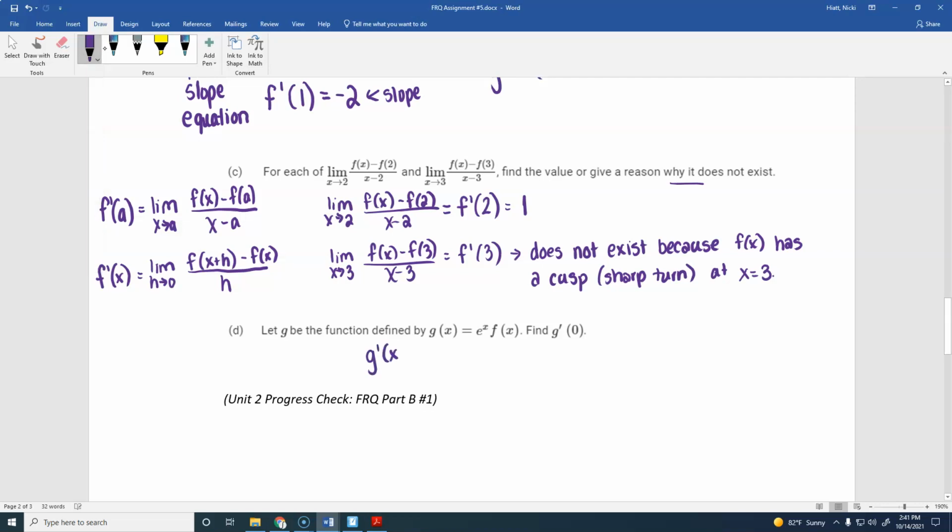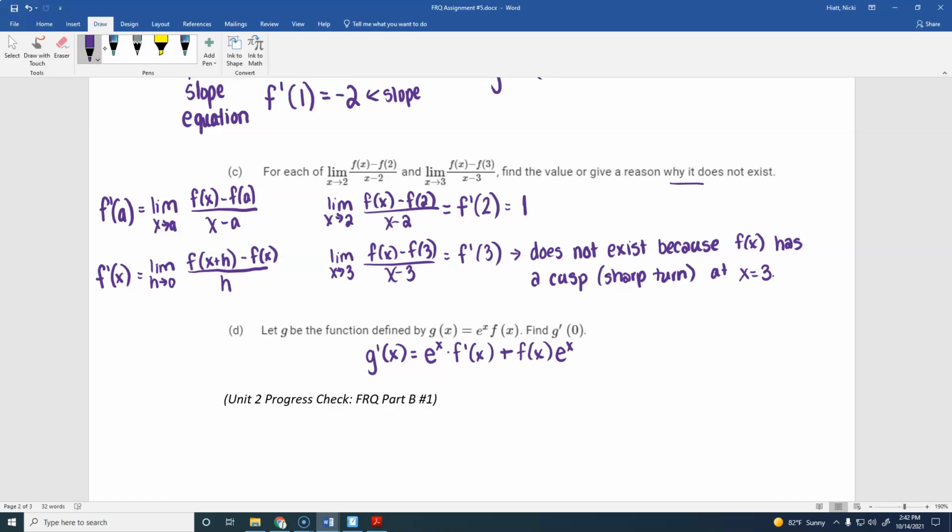All right. D, derivative. What have we got to use? Product rule. You must use a product rule here. Anytime it wants a derivative, and you have two things multiplied and both pieces have x's in them, you have to use the product rule. So you can't just take the derivative of e to the x and take the derivative of f of x. You've got to do e to the x times the derivative of f of x, which is f prime of x,